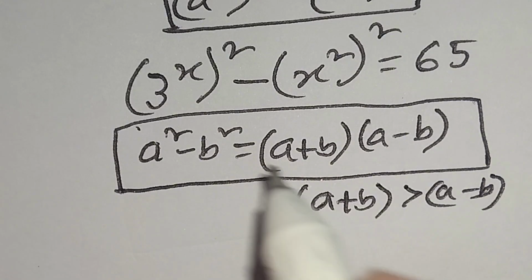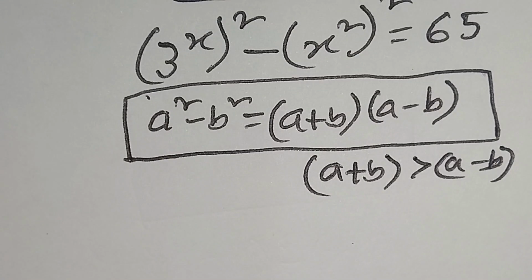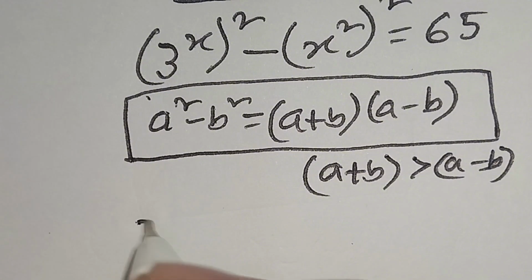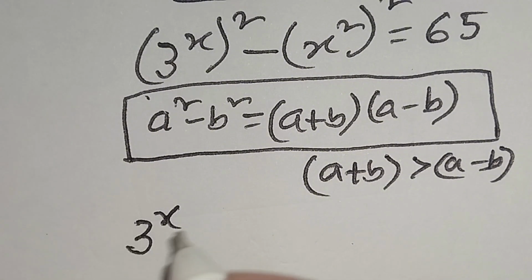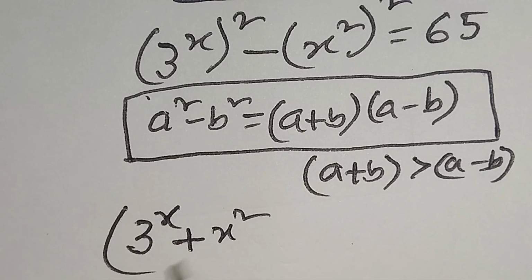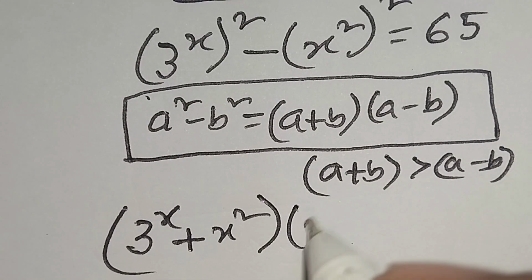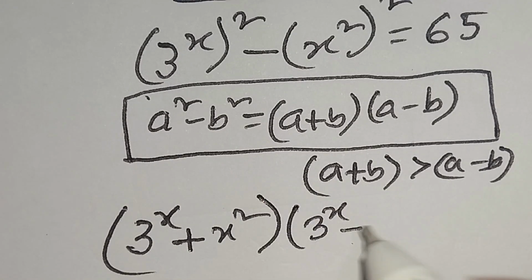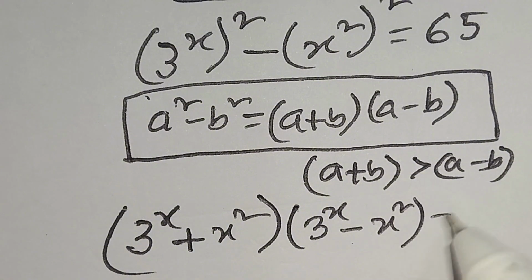According to this formula, we can write this line as (3 to the power x plus x square) times (3 to the power x minus x square) is equal to